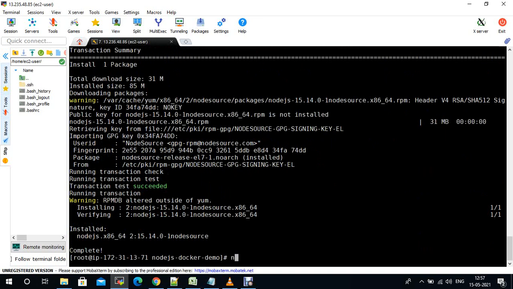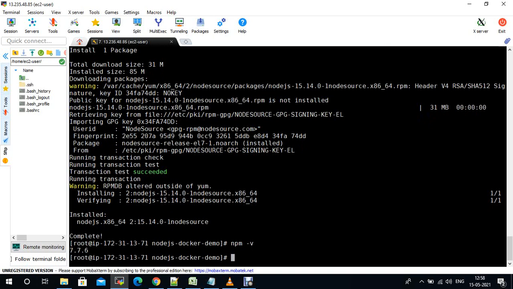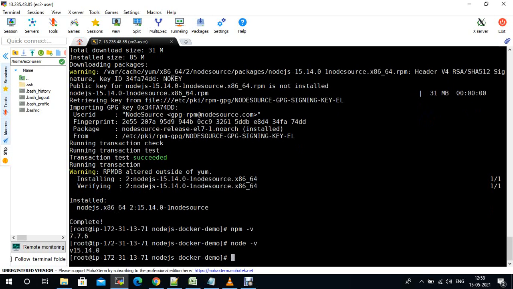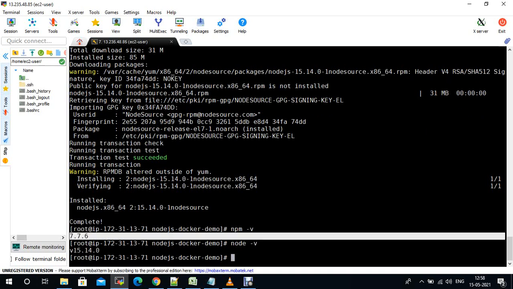It should be installed. Okay, npm, and if you check now npm version, this is the npm version, and node -v, you will get the node version. Node version is this one, npm version for this one.